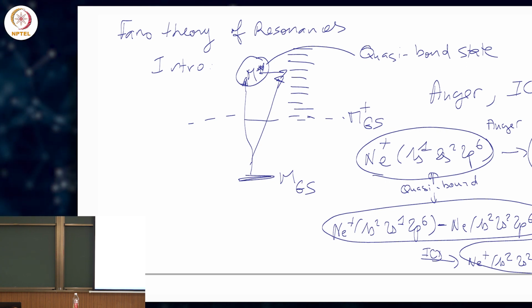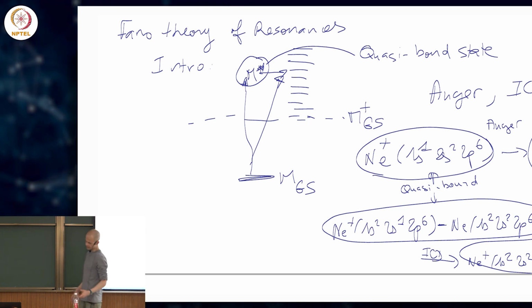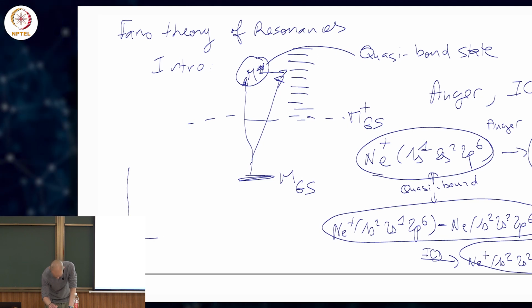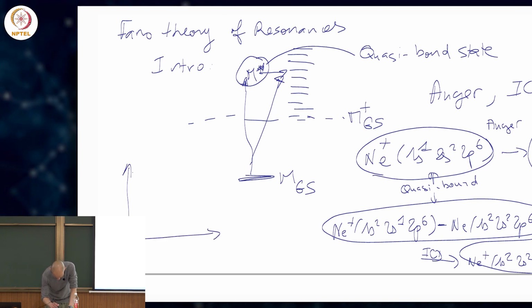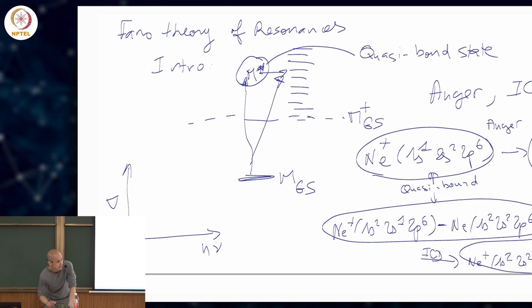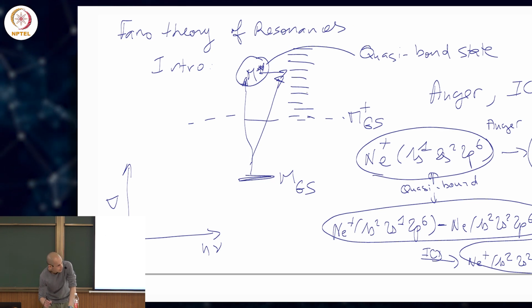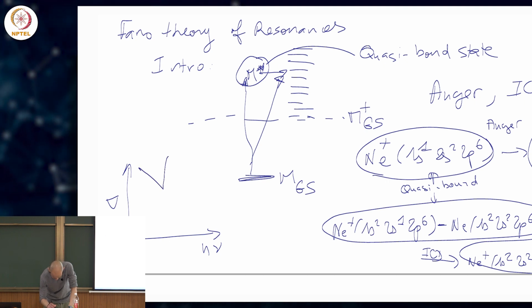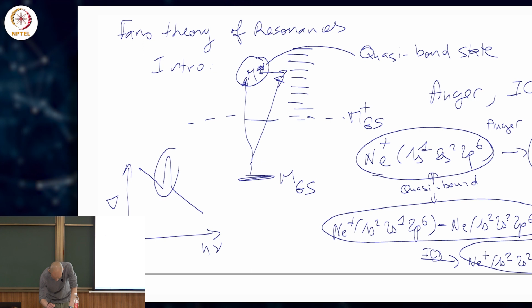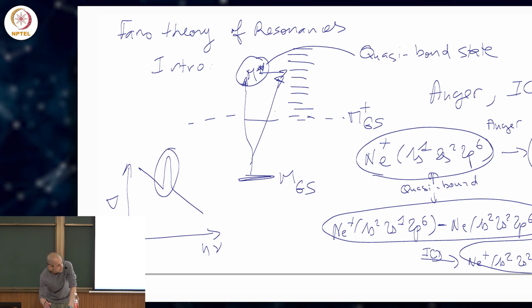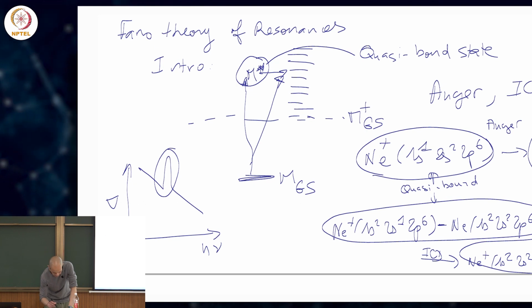So what I mean is, let's say you measure your cross section as a function of the energy of the incoming electron. Okay, if it goes through the resonance, you're gonna see something like that, with the Lorentzian shape here. Okay, if both pathways are equally probable, you get something like